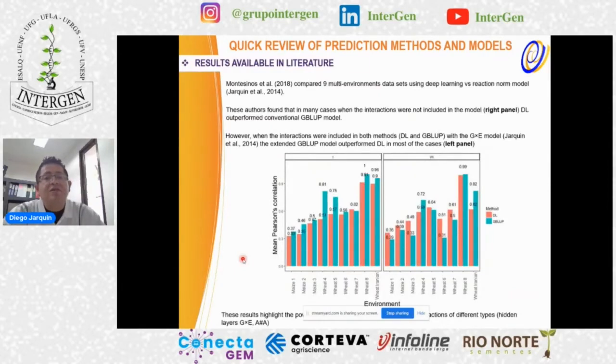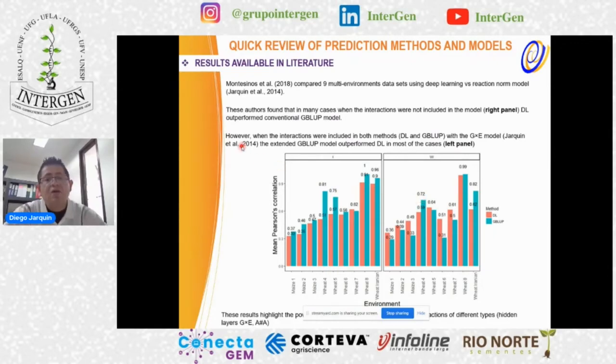So these are some of the results available in the literature. Montesinos et al. is one of the pioneers in advancing these models using AI. They tested 9 models using 9 different data sets, and they compared versus the model that we proposed many years ago in terms of predictability. These authors found that in many cases when interactions were not included in the model, in this case in the right panel, deep learning outperformed conventional GBLUP models, because as we said before, it has embedded somehow, or can find, these complex